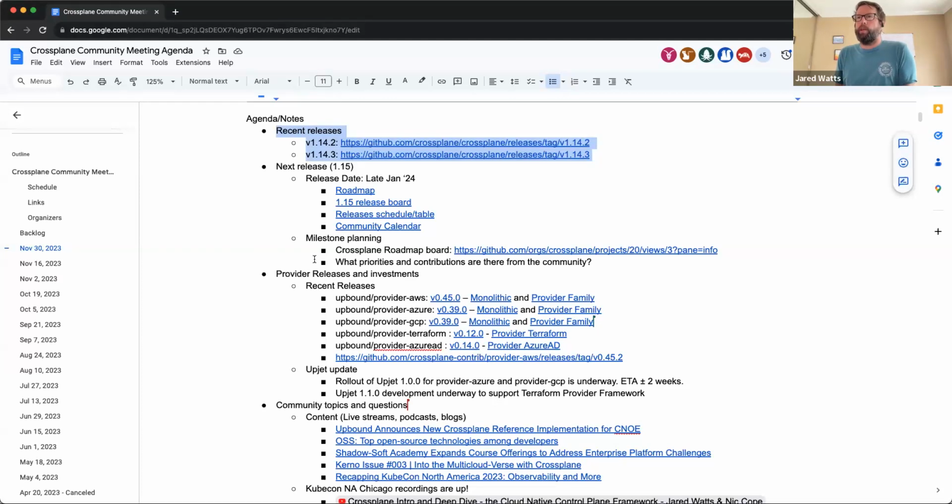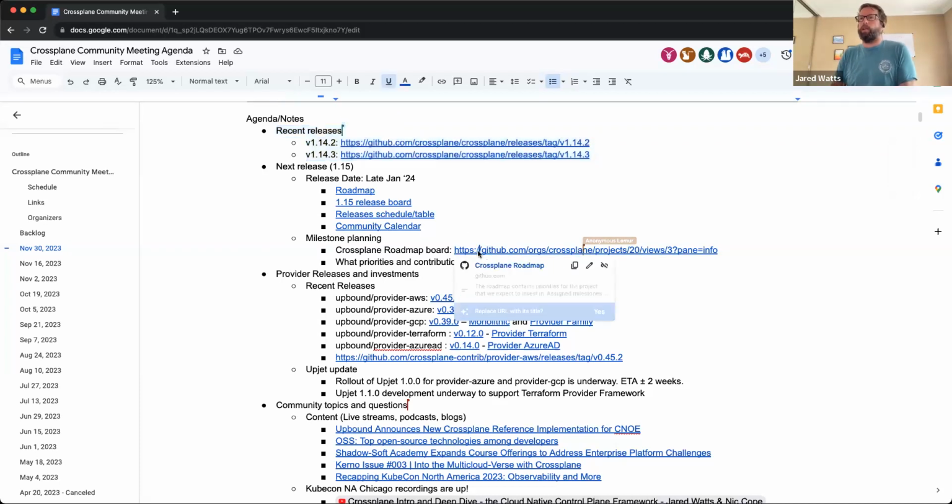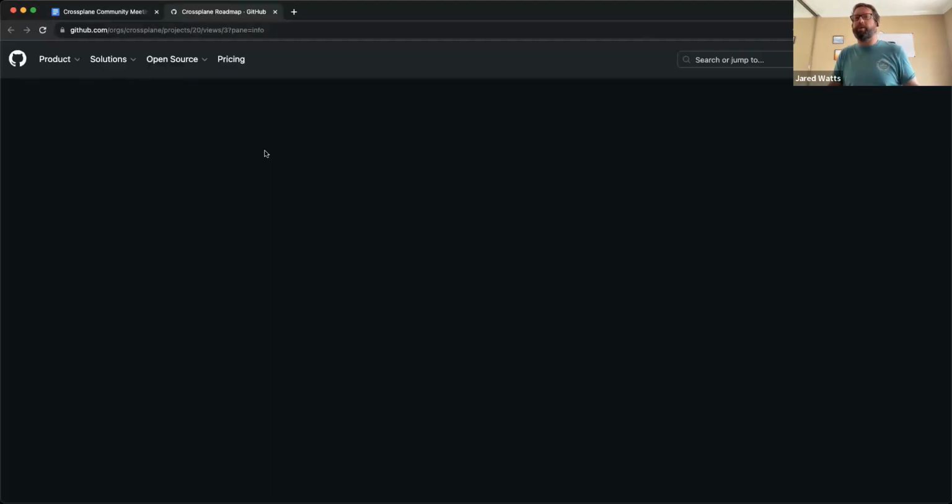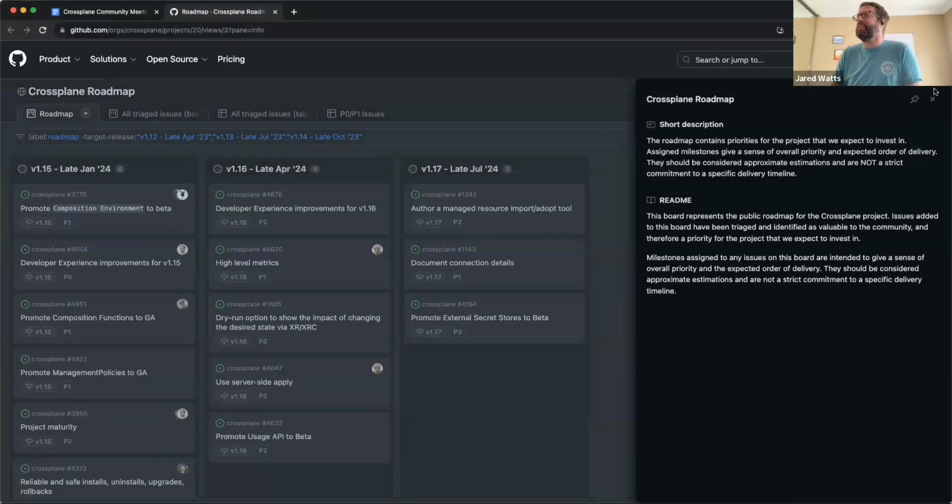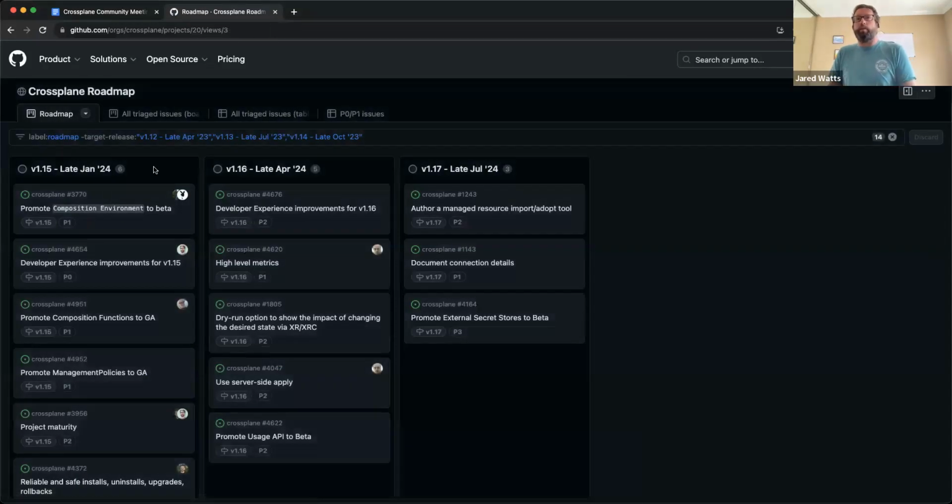The top two things that are getting attention and focus are the maturing of environment configs, or composition environments, to their beta level. We have a specific agenda item later to talk about the design proposal that Philippe is driving on that one. I'll go ahead and click on this here. I see activity for folks going to it. I may as well bring it up on my screen as well. So Philippe does have a design document and proposal on that. We'll talk more about that later. So there's definitely some movement that's been happening on that.